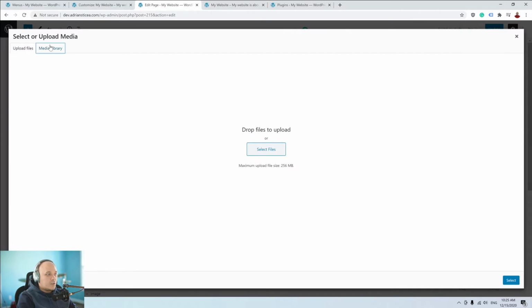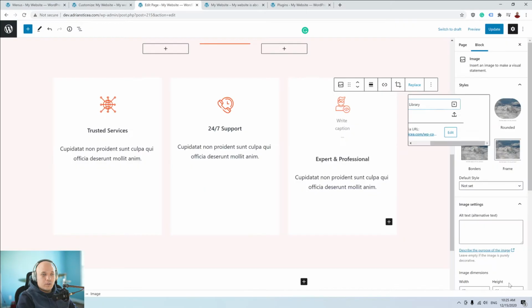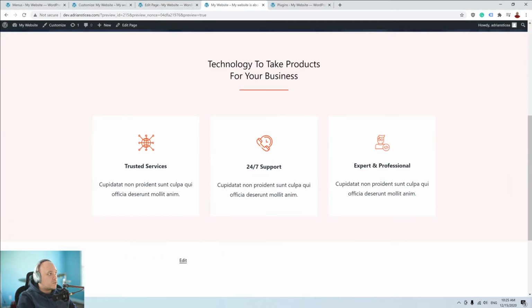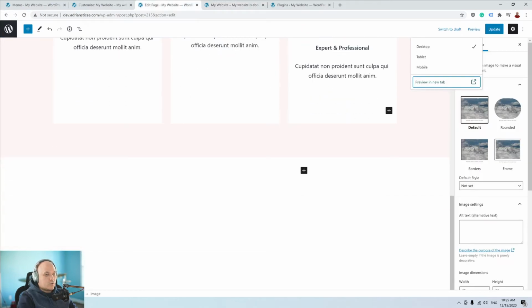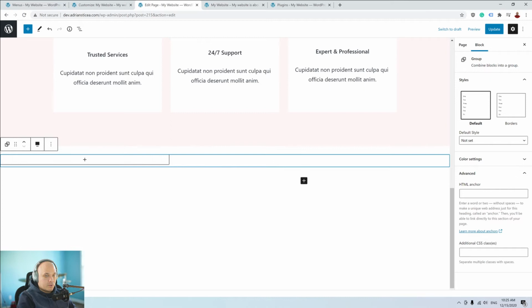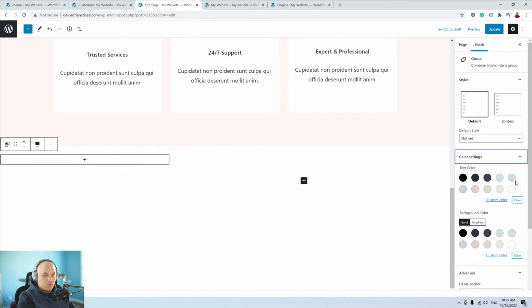Open media library, and this one, and preview changes. Yeah, this looks fine. I want to add an about section next, and as we did before, I will add a group and make it full width, and I will have this background color for it,